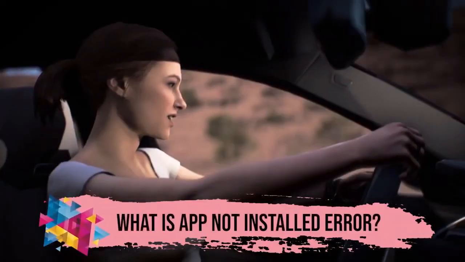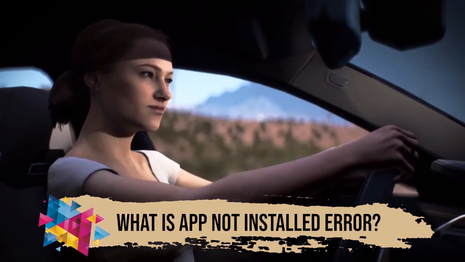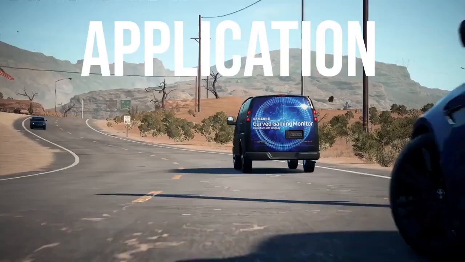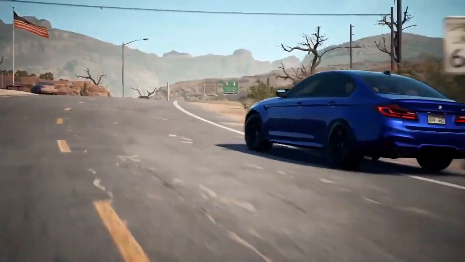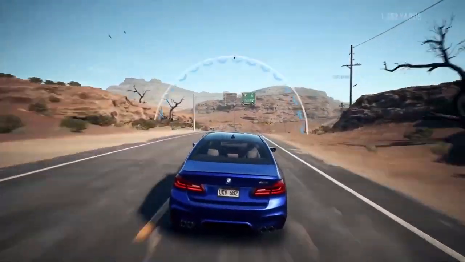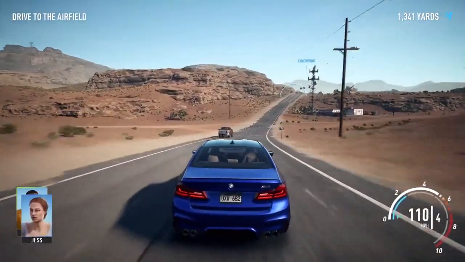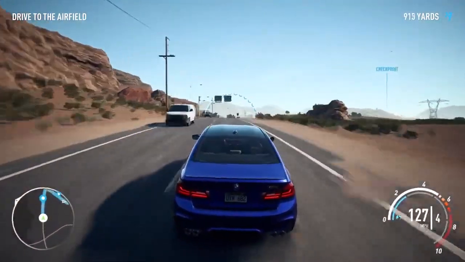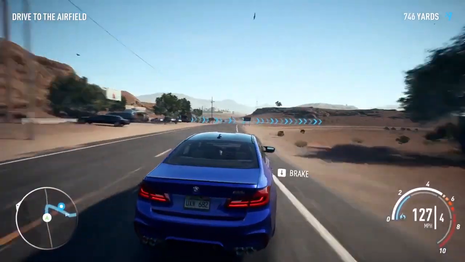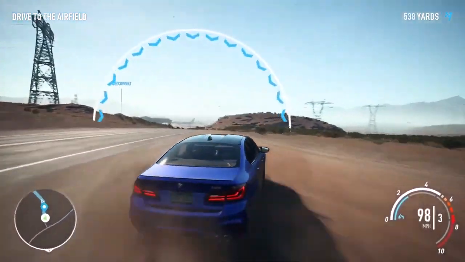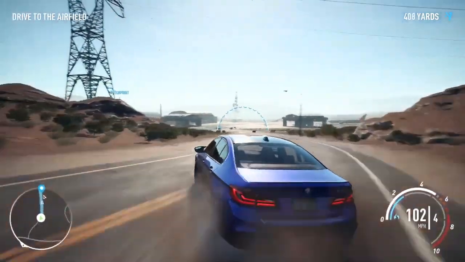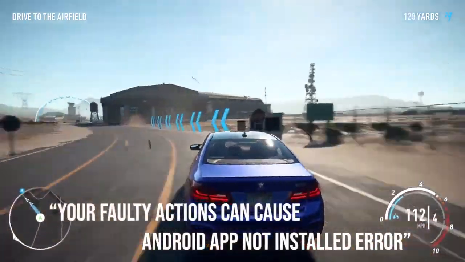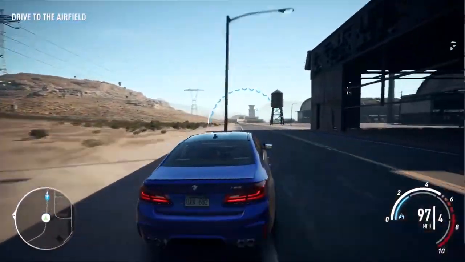Android app not installed is really frustrating and is no more than an unknown error code during application installation, as many people experience it on a day-to-day basis. The application not installed error message usually pops up when you are trying to download and install an app with a .apk file extension from somewhere other than Google Play Store. This is very confusing at first but makes sense when you realize that this unknown error code during application installation is neither a software issue nor a hardware problem. It is a direct outcome of what you do with your device. Yes, you heard it correct. Your faulty actions can cause the Android app not installed error on your phone.